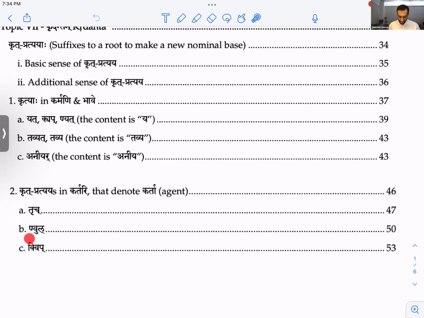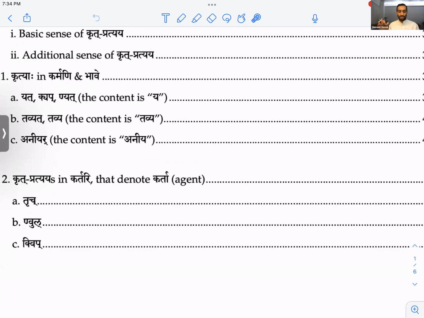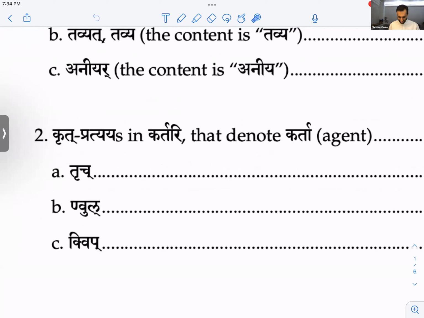Now this is half N, the half Murdanya Nakara: nvul. And this is half ka, so it's ka without the akara: kvip.